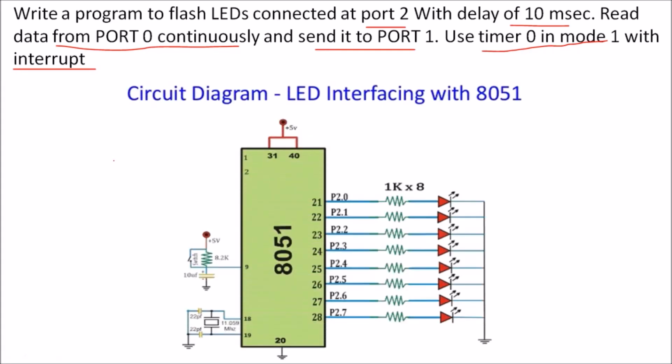So this is the circuit diagram. To port 2, 8 LEDs are connected. We want to flash this LED. When we send logic 1 here, the particular LED will glow, and when we send logic 0, the LED will turn off. While doing this, we want to read data from port 0 as an input port